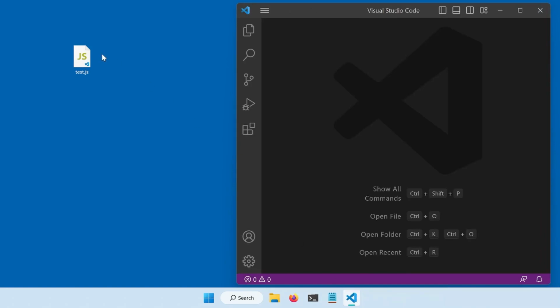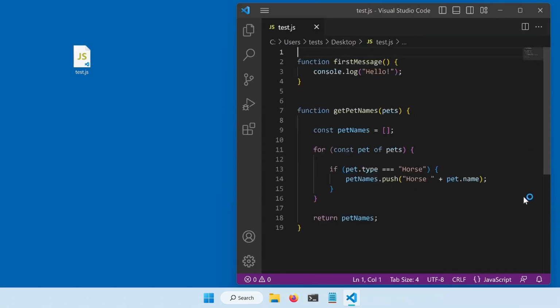If I open it with Visual Studio Code, I can see the code and this editor will show the text in different colors. This is just to help us understand it better. For example, it will mark all the words that are strings in orange and the words that are functions in yellow. And also it will show us a number next to each line, which will be useful when we are programming.